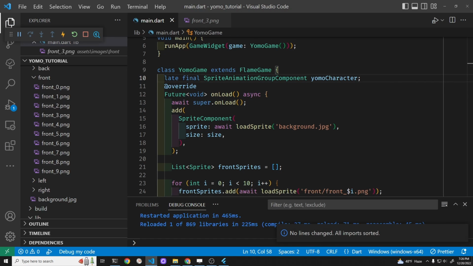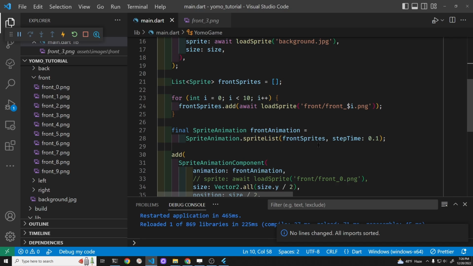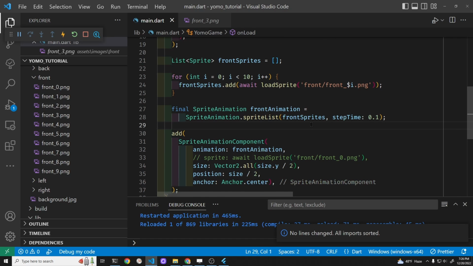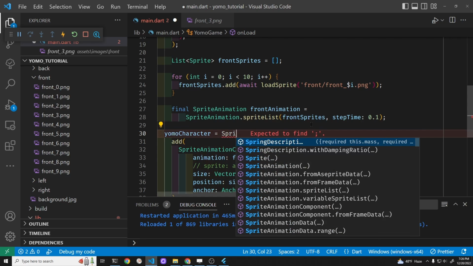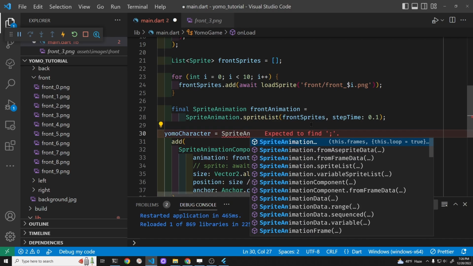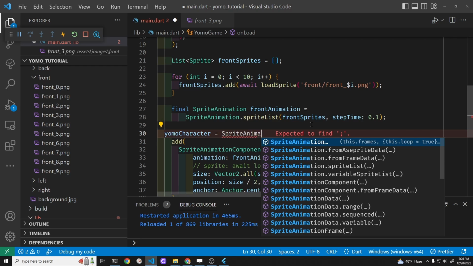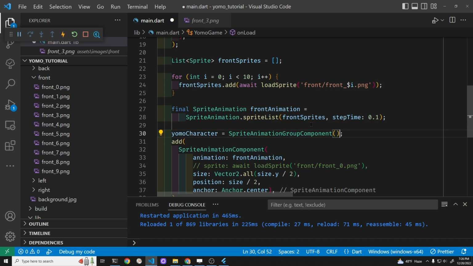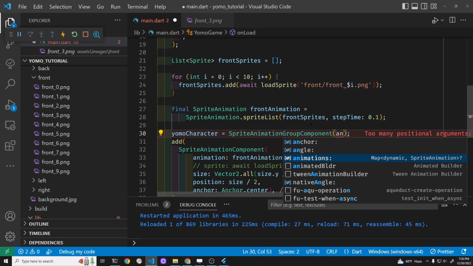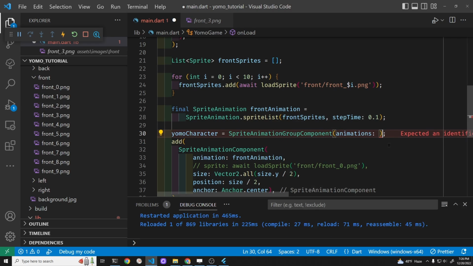Okay, now we need to set up the Sprite Animation Group component. We just have a single sprite animation at this point. So the Yomo character is the sprite animation group component, and there is a list of animations for Yomo. Unlike the sprite animation component, there are many animations here. So the animations will be this set here,